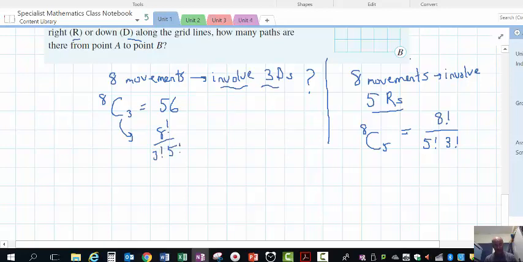I didn't show it before, but of course it's the same, isn't it? 8C5 is the same as 8C3, and so just like at the start of the video, we're going full circle. Yep, it's 56. So selections or combinations with